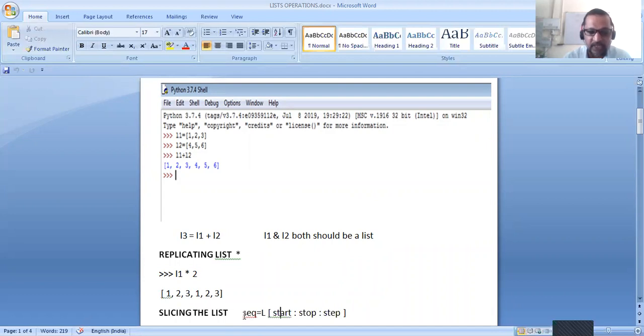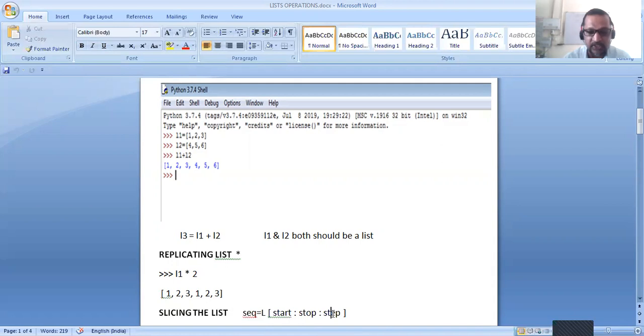By using slicing, we can derive a new list from an existing list. For slicing a list, we give 3 arguments: start, stop, and step. Step is optional, we may give or not give this argument.